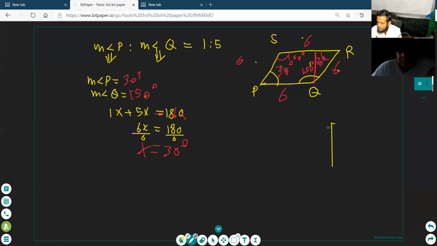See here, Paulo, you have this right triangle, okay? In this right triangle, you need H. Can you find this? This will be 30 degrees, Paulo. 90 plus, oh yes, that's 30 degrees. Find the value of H. Can you find the value of H? Which formula will you use?